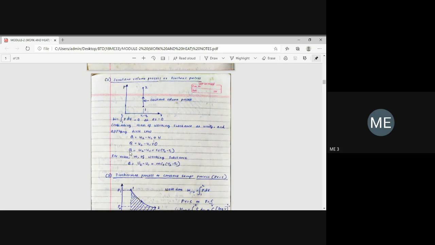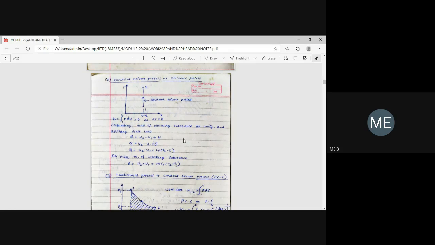And one more thing: enthalpy H equals Cp into delta T. Like that, internal energy is given by Cv into T2 minus T1. We have a law called Joule's law. According to Joule's law, internal energy is a function of temperature only. We are going to prove that derivation in the last module, for the ideal gas. So here in this module, just remember, U is Cv into delta T, that is, the product of specific heat at constant volume into the change in temperature, Cv into T2 minus T1.